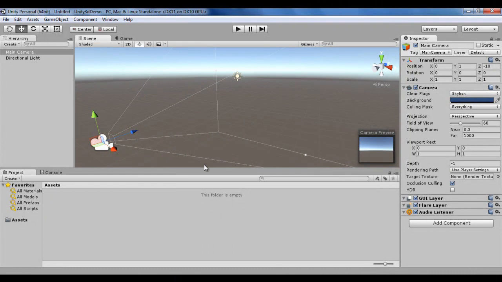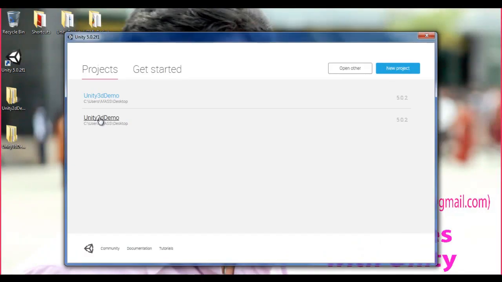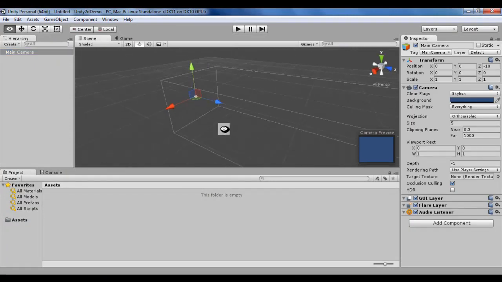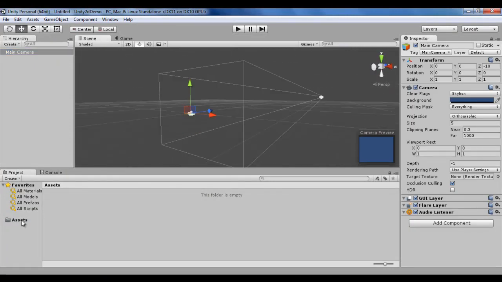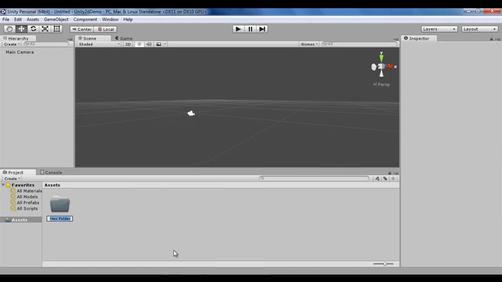Now, what is the difference between orthographic mode, or orthographic view, and the perspective view? To explain that, I need to bring some assets into the project. So let me close this Unity project. Let me double click on the Unity icon and click on the Unity 2D demo project. I click on the main camera and switch to 3D mode. I rotate it. I go to the assets folder, create one new folder, and that is going to hold the sprites,